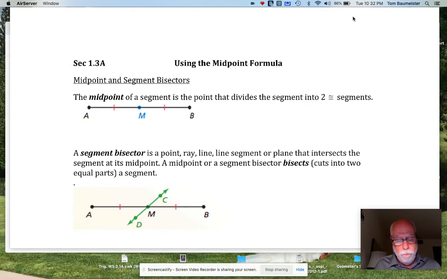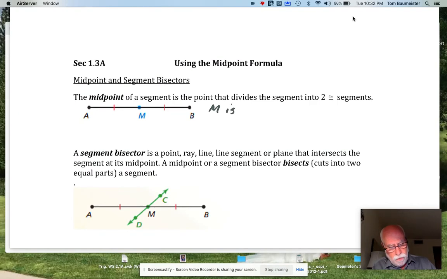Midpoint and segment bisectors. The midpoint of a segment is the point that divides the segment into two congruent segments. Remember, this right here means congruent. So we're talking about putting it into two congruent segments. So in this case right here,